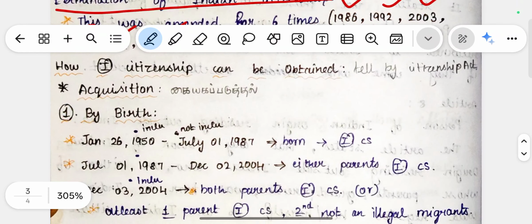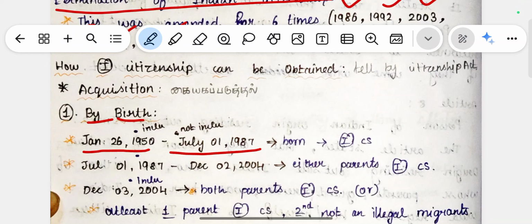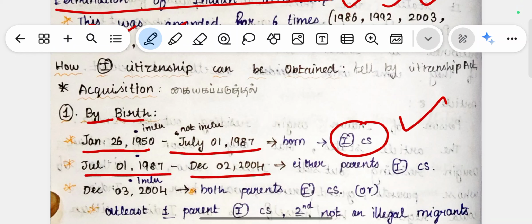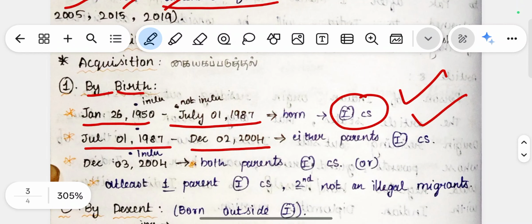The first one is by birth. If a person is born between January 26, 1950 and July 1, 1987, they are an Indian citizen. The next is if a person is born between July 1, 1987 and December 2, 2004, and either of their parents is an Indian citizen, they will get Indian citizenship. If they are born after December 3rd, 2004, both parents have to be Indian citizens, or at least